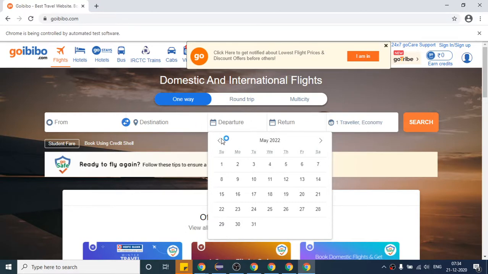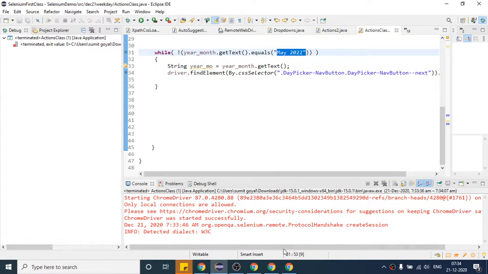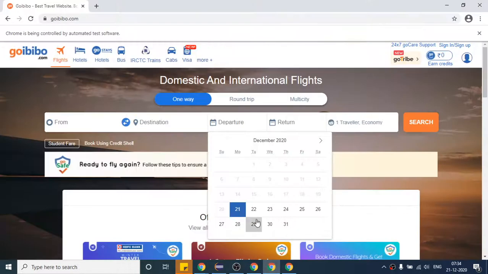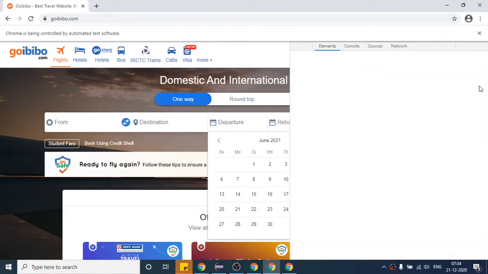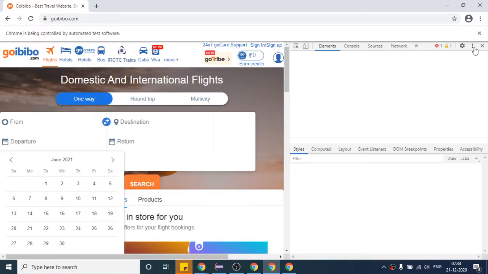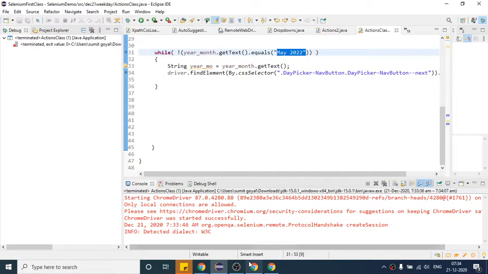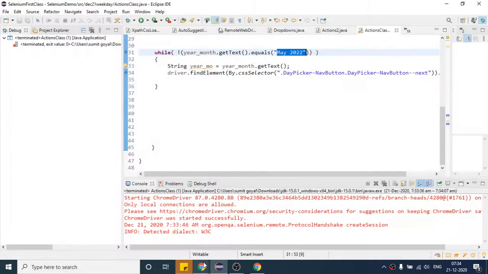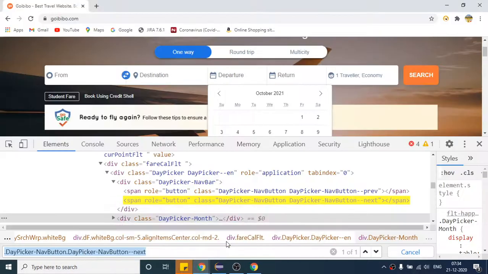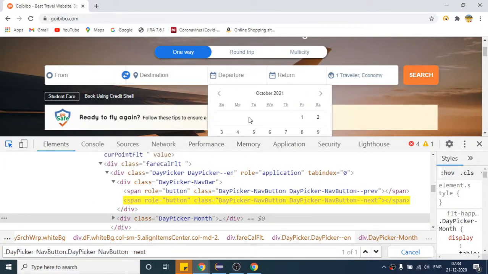So once I come to my required year, now I have to work on this to select any date, right? So this we have done as the first step. Now what is our next step? I want to select the date. So for the date as well, suppose I come to any of the dates and inspect the HTML code. Let me open in the original browser. So here we have the original, not here. Okay, it is here. Okay, so here if I select any of the dates,